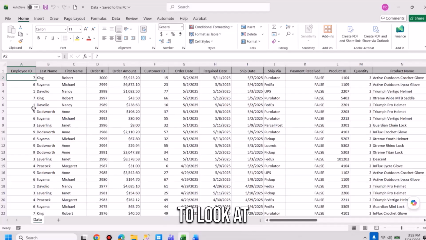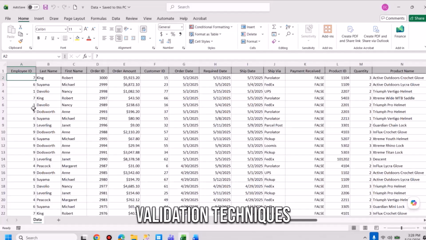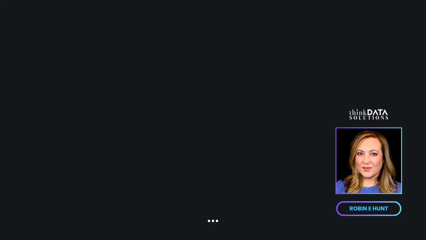Take a second to look at this data set. No big deal. Just take a second to look at it. I'm going to teach you some shortcuts here, and I'm going to teach you some validation techniques so that when we start doing the Copilot-y fun whiz-bang things, you have instant confidence that it's returning what you think it should